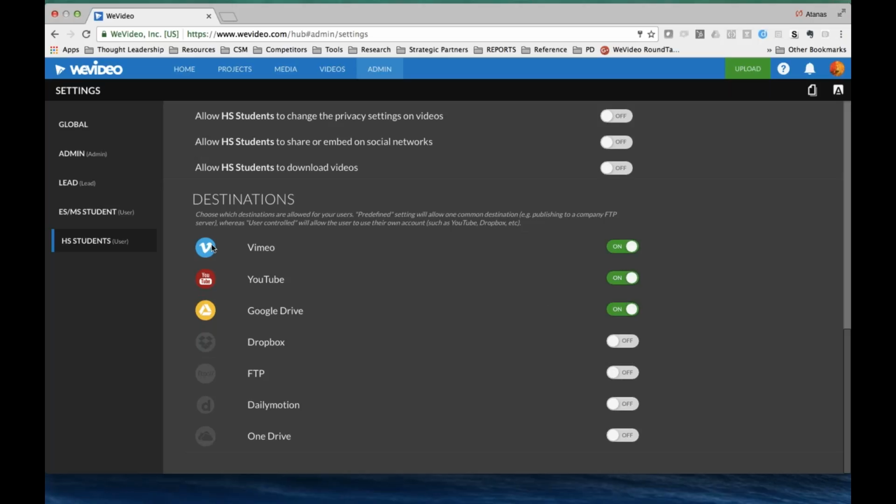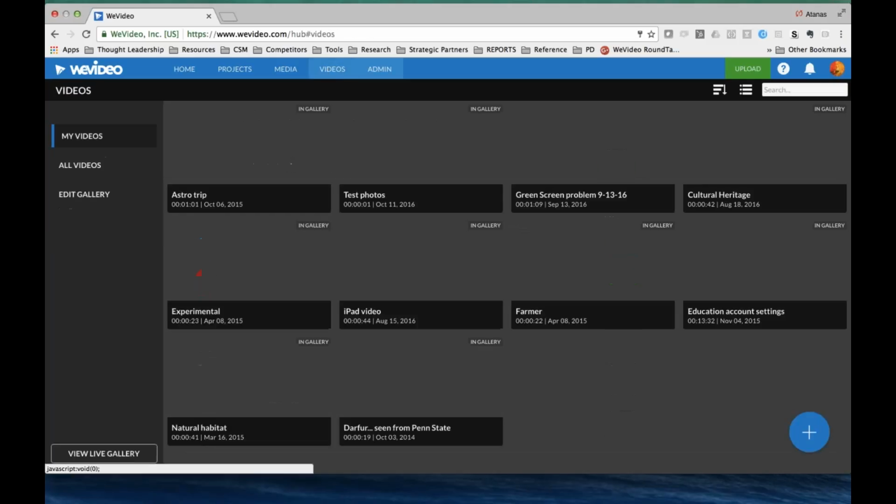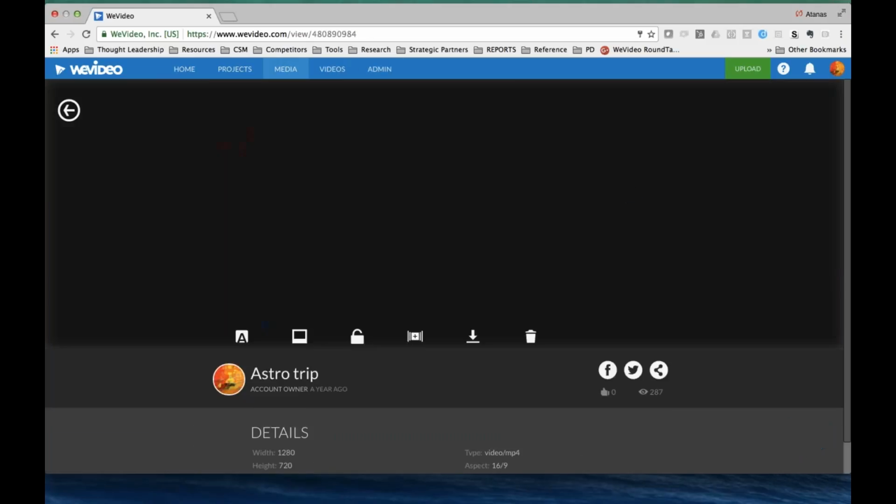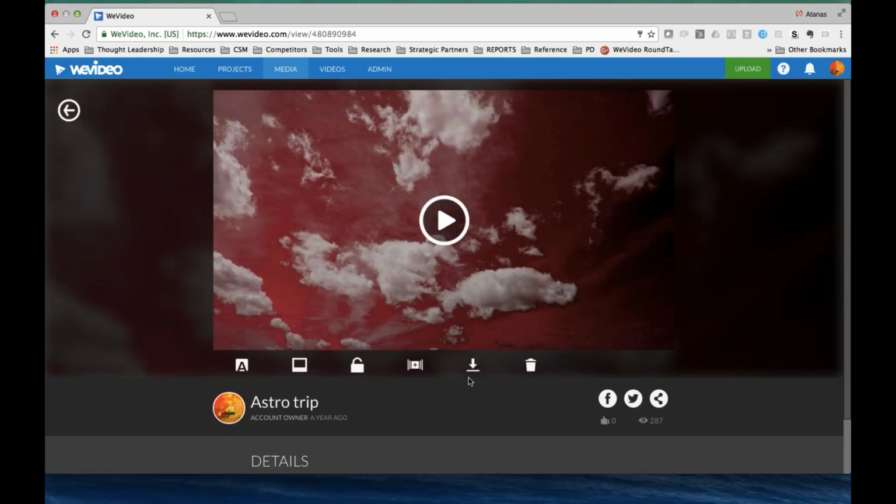But you also have YouTube, Vimeo, Dropbox, OneDrive, other external destinations. And I think this all touches on how private you want that profile to be. But if you feel comfortable giving the students the ability to download videos, you can simply turn this on, and they will see this button in their finished videos.